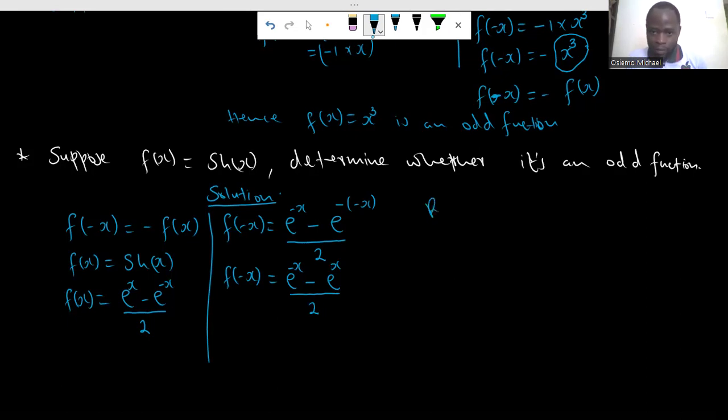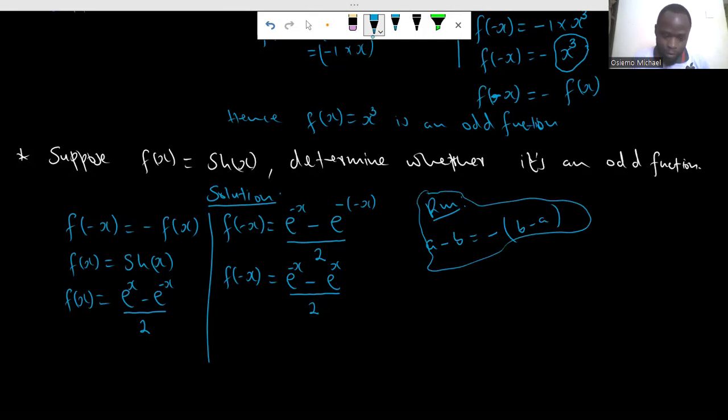A reminder: if you have a minus b, I can factorize it the same as putting a negative outside, and you have b minus a. Because if I open up the bracket, this negative times b becomes negative b, and negative times negative a becomes positive a. Right? So from that case, we want to factorize this negative outside so that you can have f at